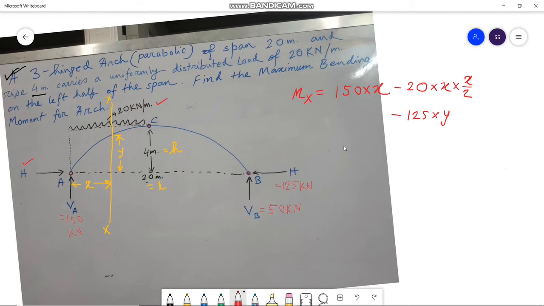So we get this equation, and we have already calculated the value of y. So putting the value of y in this equation,